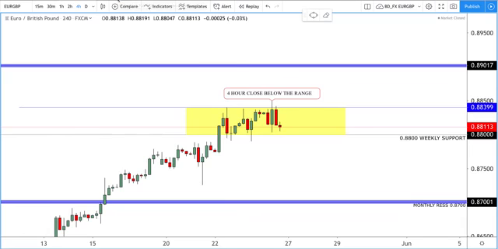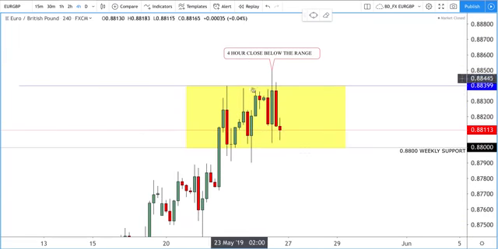What I'm here to do is be an extra confluence for you guys. I'm going to teach you on a daily basis, like last week when, for instance, the morning star and evening star formations. With this pair here, you see Euro GBP, where I explained about the manipulation spike to the upside. We managed to get that sniper entry there. All these things are teaching you and educating you. So we're going to be doing that on a daily basis.